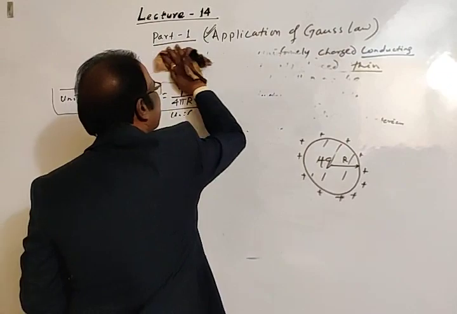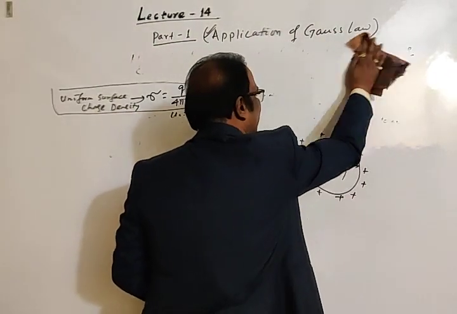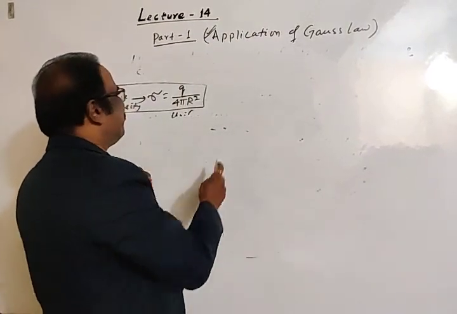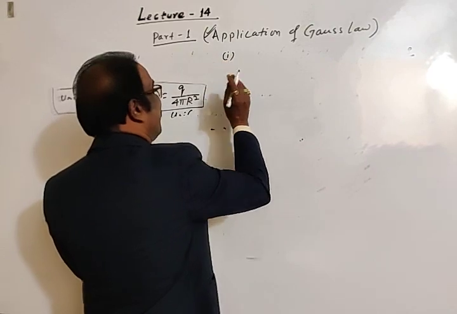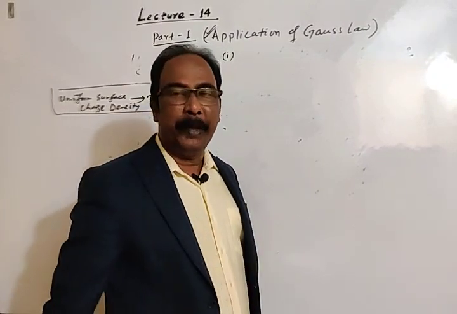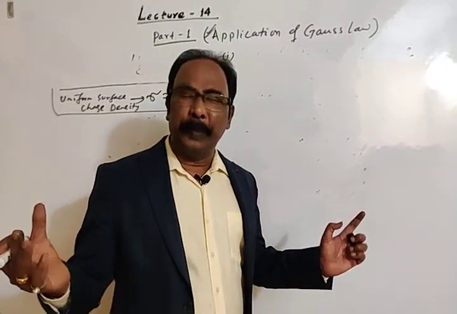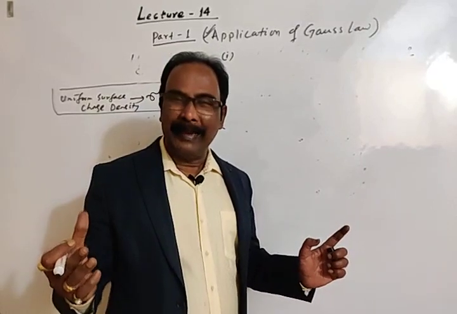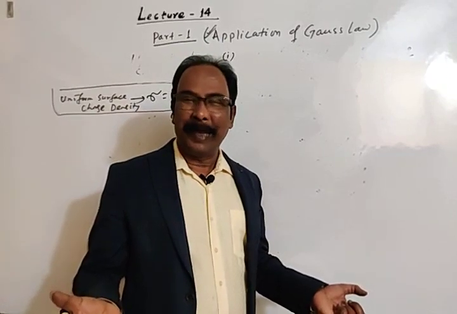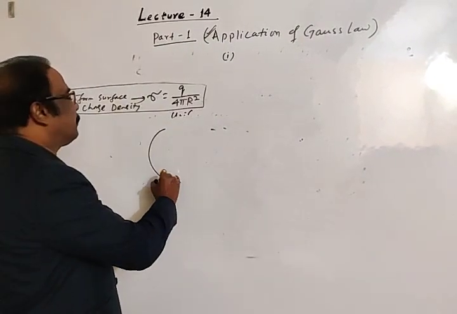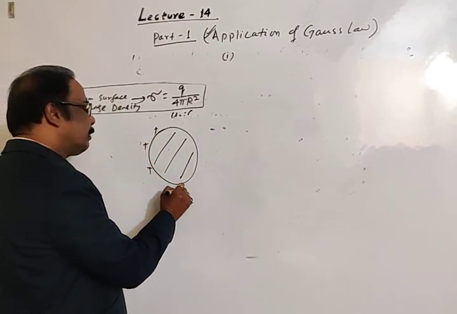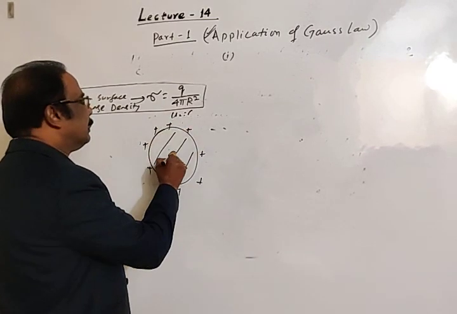I am erasing all this. I think you have taken the headline. First case, we have taken the heading, we are taking uniformly charged solid conducting sphere or hollow conducting sphere, thin spherical shell of conducting material or insulating hollow spherical shell. See, for a conducting sphere, if this is solid, then no charge will remain inside the body. Whole charge will be distributed on the surface.